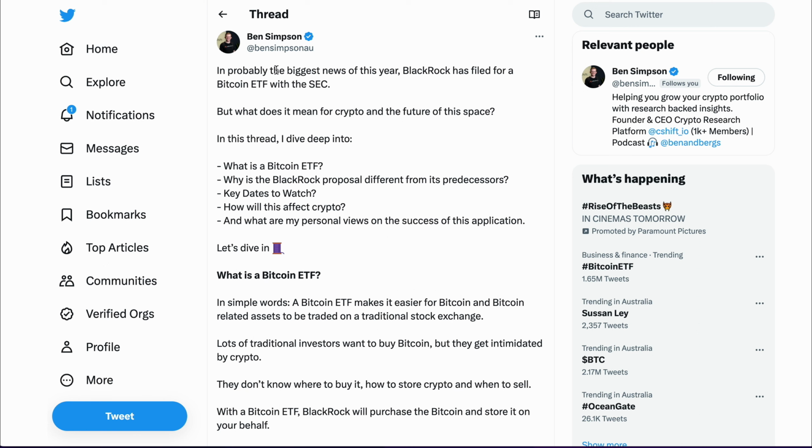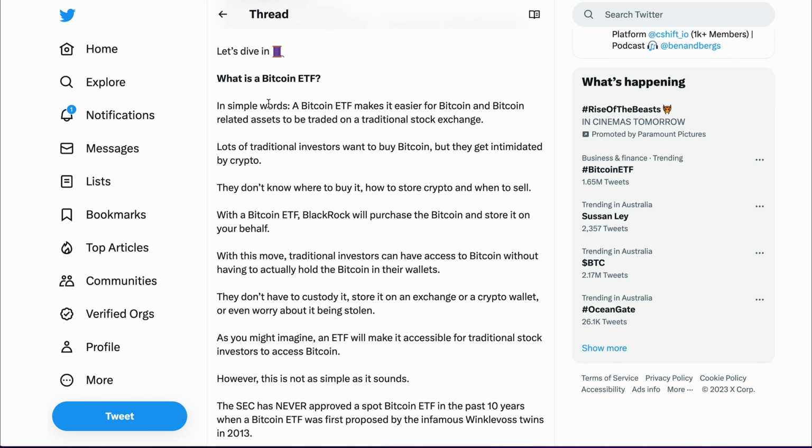In probably the biggest news of the year, BlackRock has filed for a Bitcoin ETF with the SEC. But what does that mean for crypto? So what is a Bitcoin ETF? A Bitcoin ETF, in simple terms, makes it easier for Bitcoin and Bitcoin-related assets to be traded on a traditional stock exchange. So rather than having to go to a Binance or a Coinbase or anything like that, you can just go to your regular stock market platform that you would use, and you'd be able to buy Bitcoin like you're